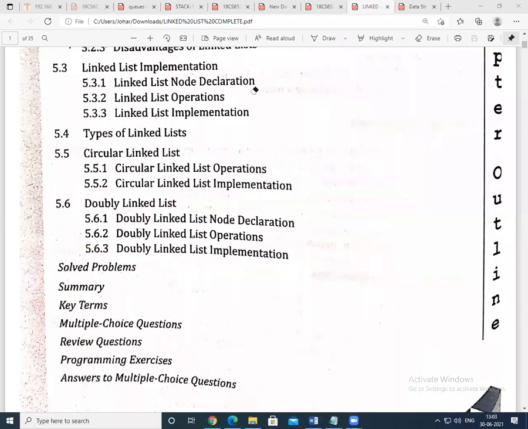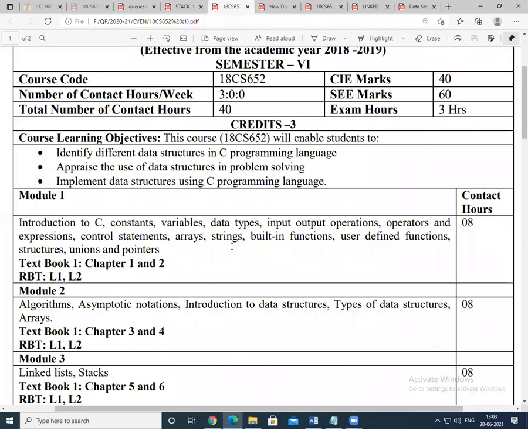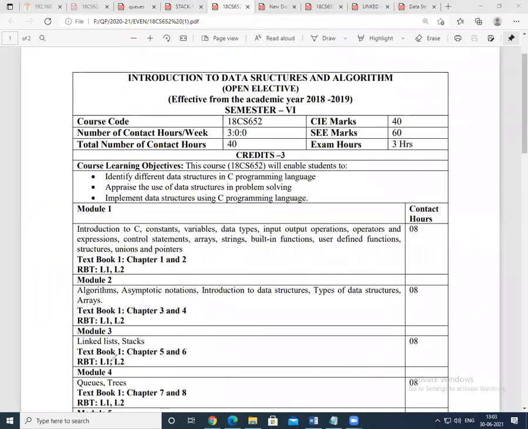For your IA, let me finalize the concepts from your syllabus. I have considered the concept of queues, the concept of stacks, and the concept of linked list. For linked list, you will have a subpart with separate questions. Stack and queues I have merged: stack one question, queues one question. So you focus on the questions that I have given and try to solve them.